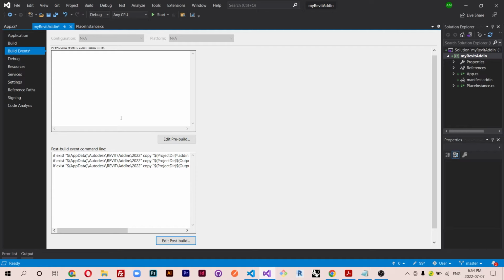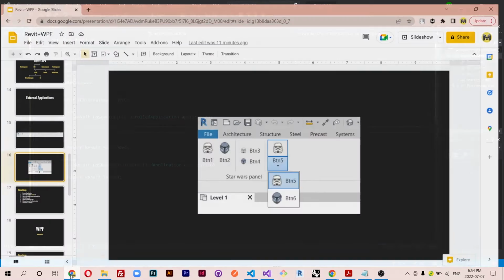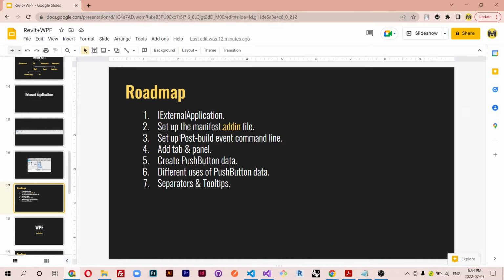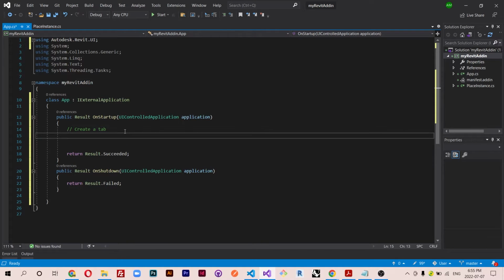Great, so I'm just going to save, all right, and close this one, and we are done with this. Let's go back in here. So yeah, we are done with this, and now we are going to start adding the tab. All right, so the first thing that we need to do is, let me write a comment, create a tab. So to do this, I'm going to say